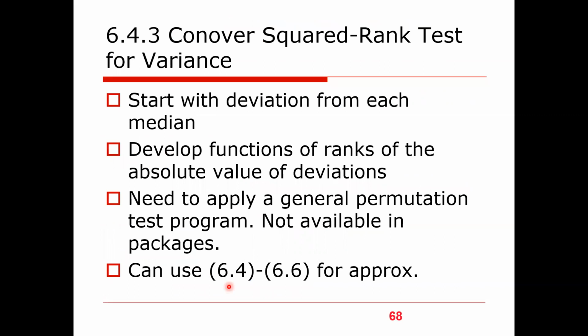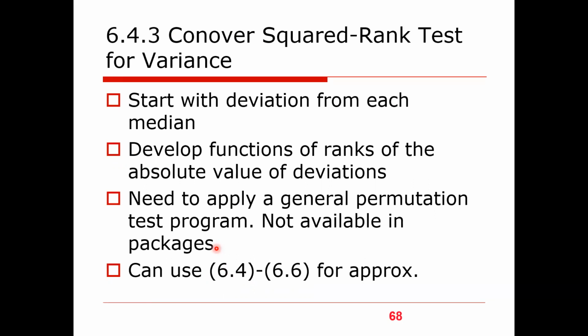Then next test, we will only introduce the concept of this test, but we will not show any example. So this is another test to test the equality of variance between two samples. It's called Conover squared rank test. Why do we have different methods for testing or estimating the same parameters? Because each method has strengths and drawbacks. Based on the features of our problems, we may select the most appropriate method, or we can try multiple methods